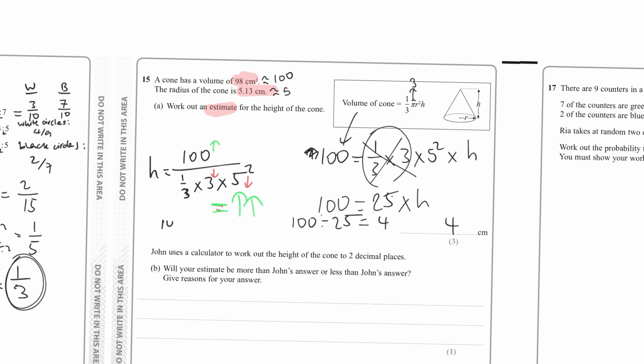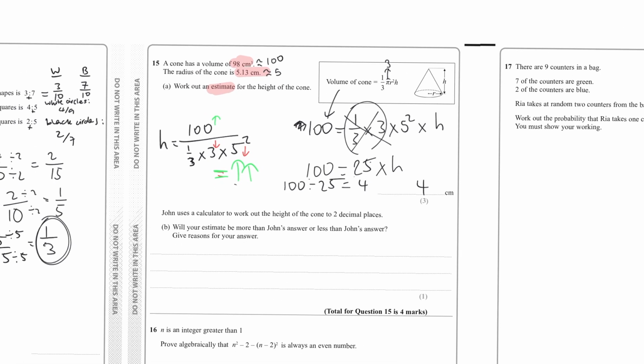So let's say we have 100 divided by 20, you get an answer of 5. But let's say we increase the number at the top and we reduce what's at the bottom. So let's change the numbers to 110 and reduce it to 10. 110 divided by 10 is 11. Notice that drastic change. So a lot of times, if you don't know it straight away, what I would do is play with some numbers as examples to see why it would be more or less, because sometimes it may be hard for students to automatically know whether it would be more or less. So yeah, our estimate would be more